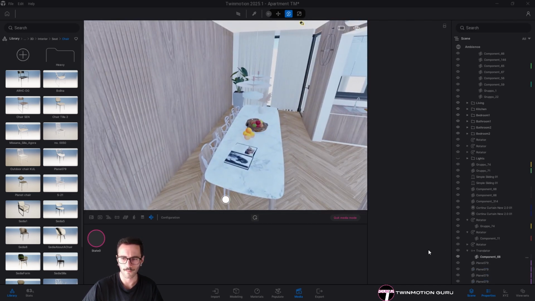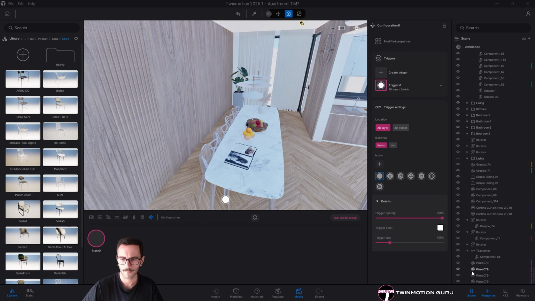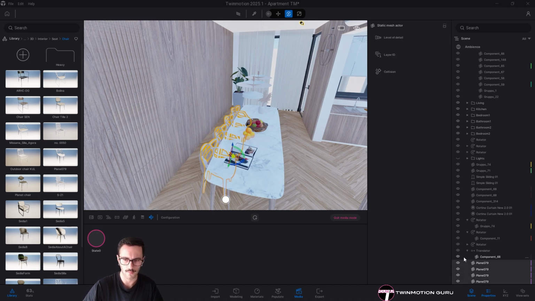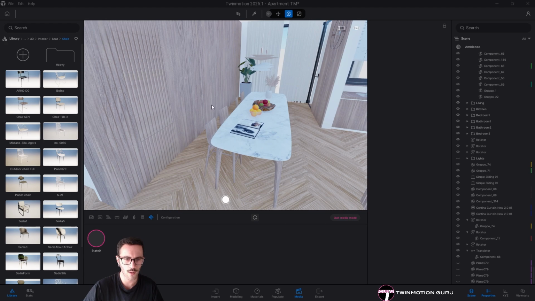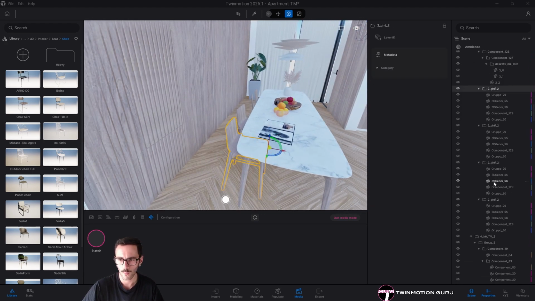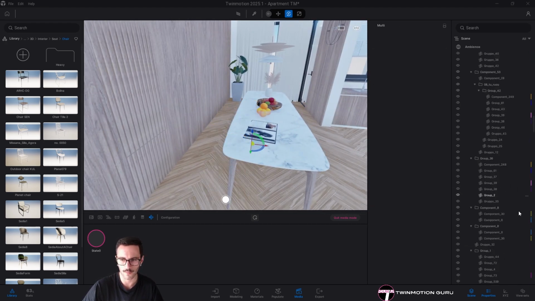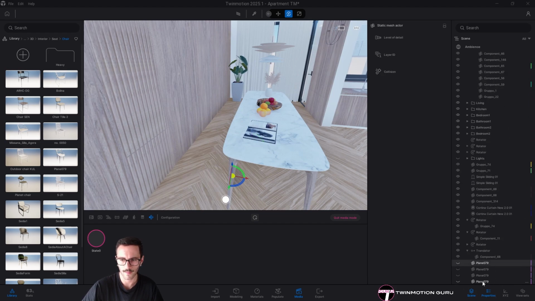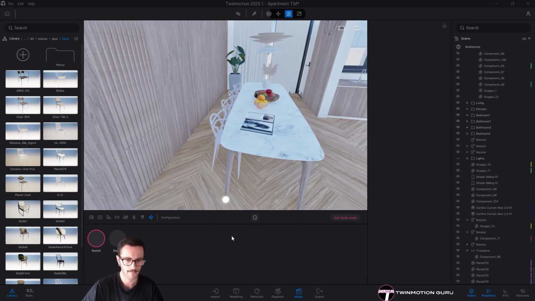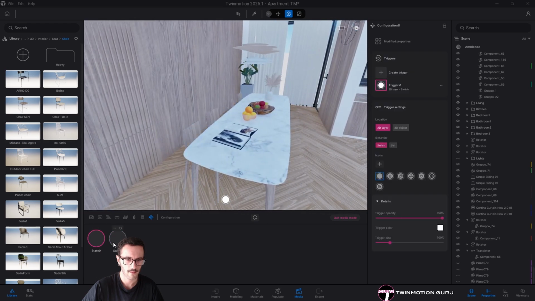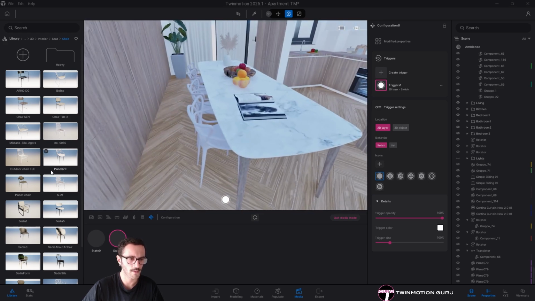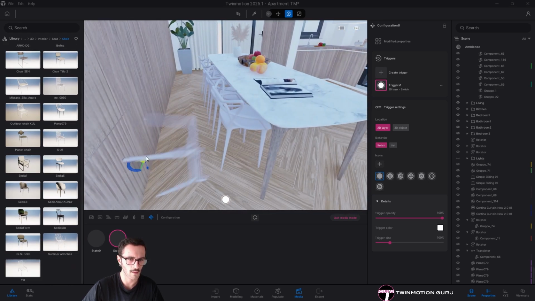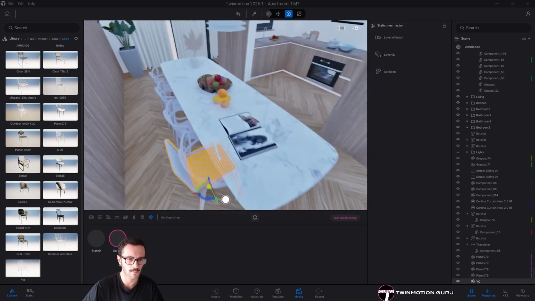Okay, so I'm clicking on the first state that will be without them. So I'm updating the configurator, and the second one will be, of course, with these chairs turned off and the second ones turned on. Yes, this way. So this and this, this and this. And maybe we can have another configuration, maybe with this very nice chair.